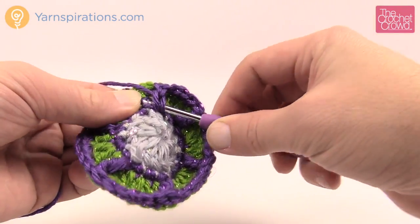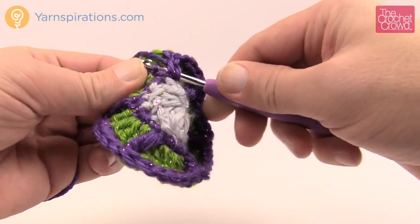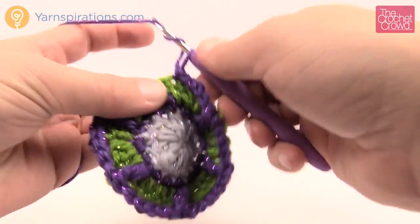So because I had you start exactly where I showed you, this will always be the last one, and that's just to keep you in line with what the pattern is asking you to do. So that's why I had you do that. So let's try that again. So wrap and wrap,